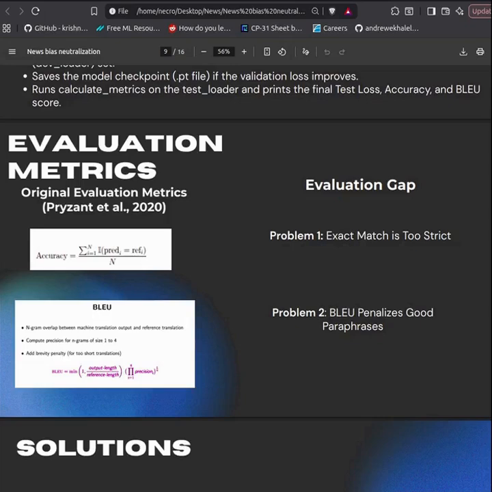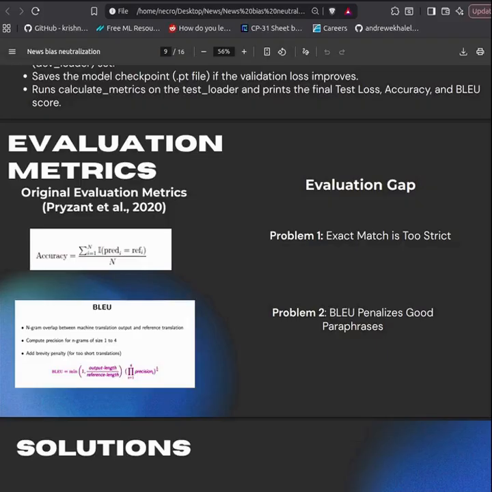If the model uses a particular word such as "stated," and the reference text or the target text uses another word, for example "described," then the model gets 0% accuracy, even though "stated" is actually a perfect neutralization. It is equivalent, but still it is scored as wrong. So this metric is not very accurate, even though its name is accuracy. Now we look at BLEU score, which is slightly better. It measures the overlap of the word chunks, but it also suffers from the same problem. It penalizes paraphrasing.